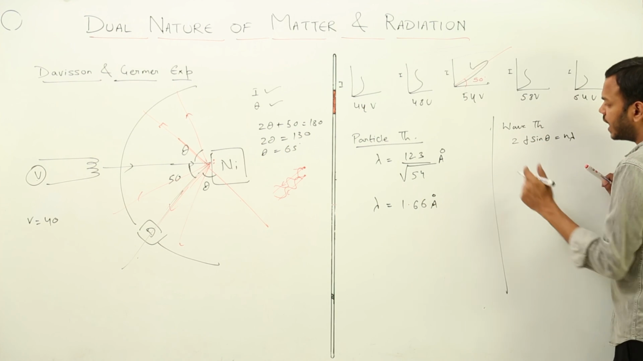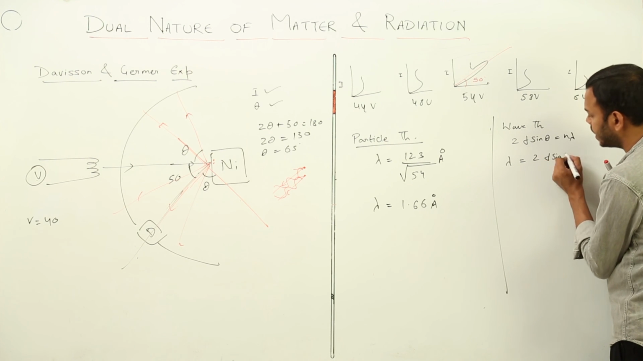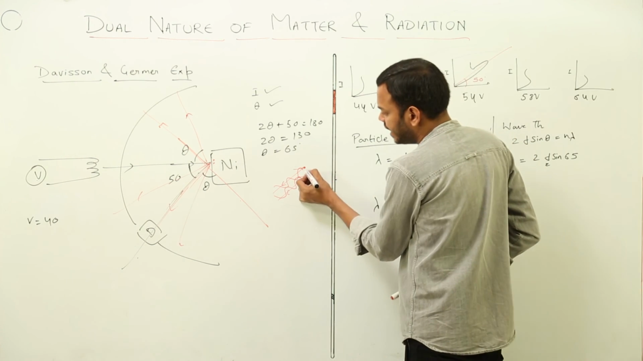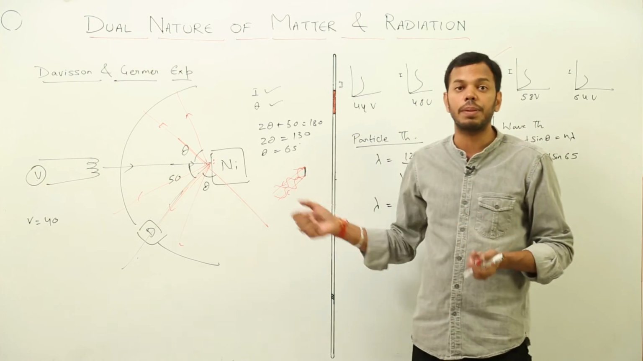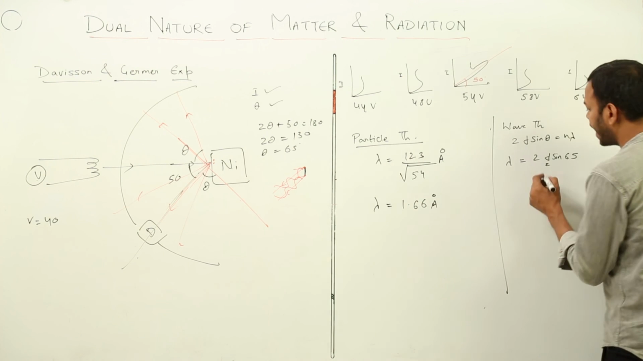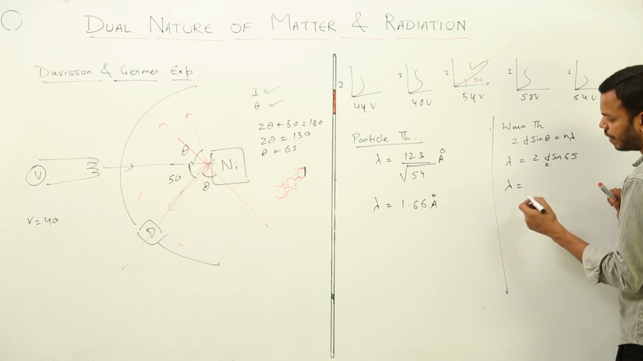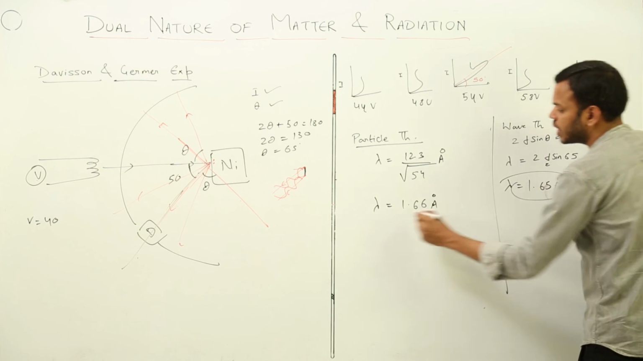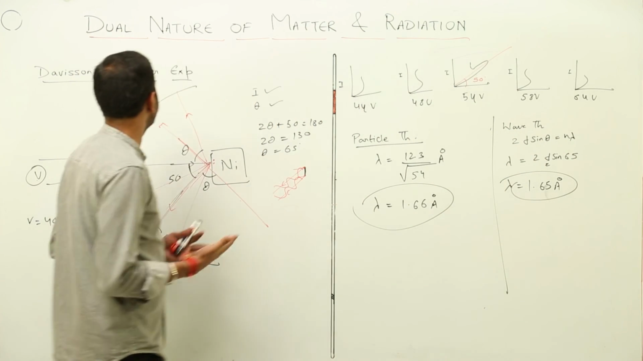So for nickel crystal, lambda was 2d sin what? Sin 65, and d is the distance between these two closely placed nickel atoms, where the interatomic separation for nickel crystal is 0.91 something Angstrom. If you put all the values you get the wavelength to be 1.65 Angstrom. So these two results were in huge coherence, and that is why it was established that